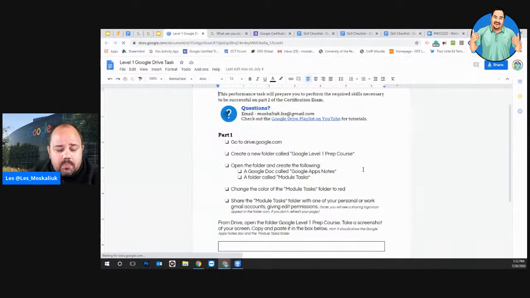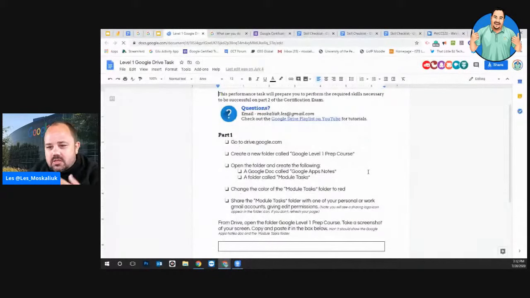But in the tasks, know that if they ask you to star something in your Google Drive, that might not necessarily be in a task, but it's still something that you might need to do. So if you look here in part 1, it's basically saying, go to Google Drive, create a folder, call it level 1 prep. Within there, add a doc and create another folder within it,